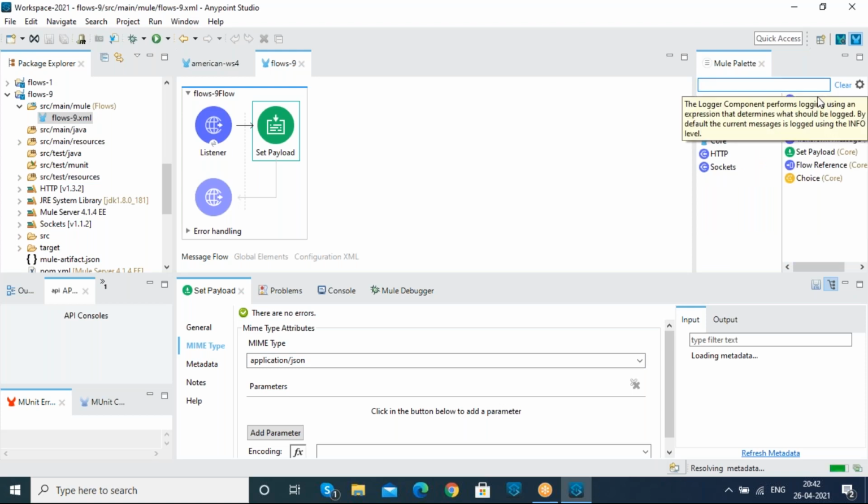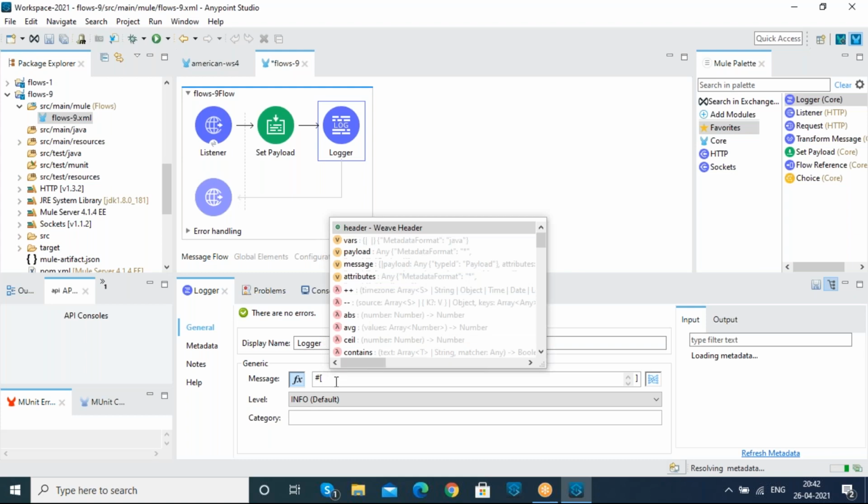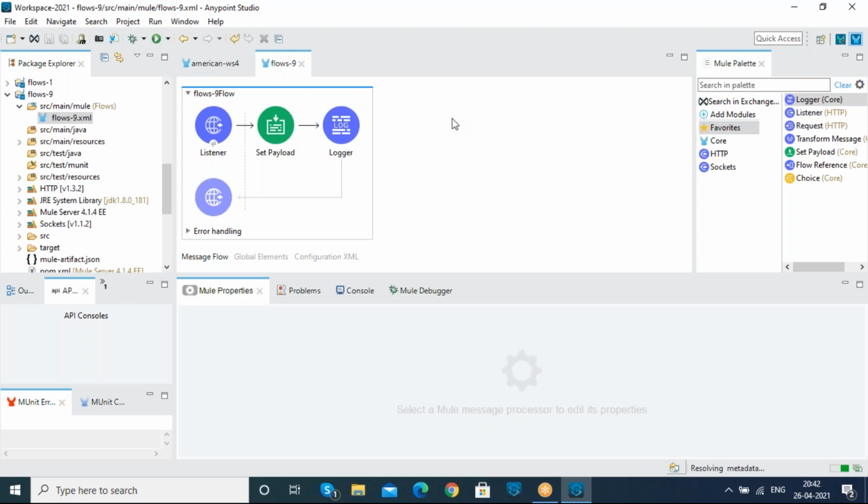And I'm applying a logger, where we can apply the payload in it. The logger is used to log the messages. I want to log the payload, whatever we are sending for the users as our response. And now I am going to deploy this project. Since we are using the source message and message processor in it, we are calling it a main flow.